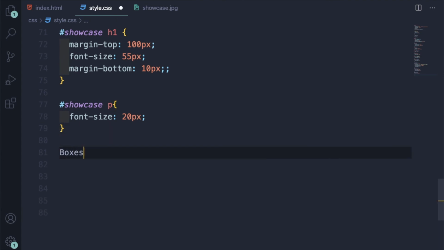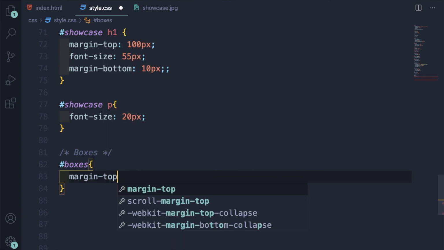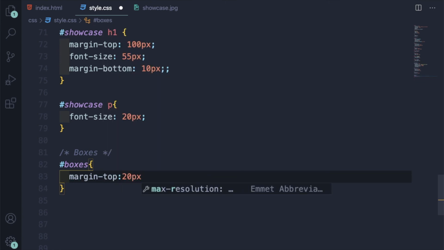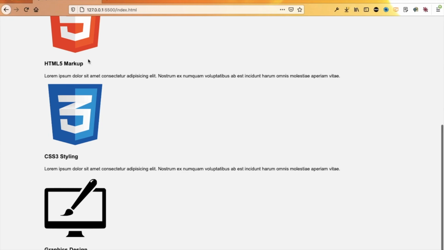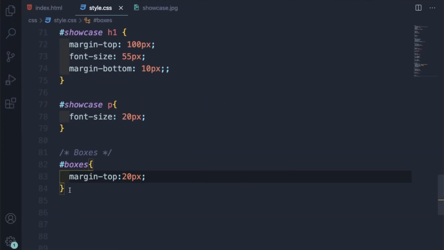It will be known as boxes, #boxes, margin-top will be 20 pixels because we want some space here. Then after this we are going to target the box. So to target the box, we'll write #boxes .box,